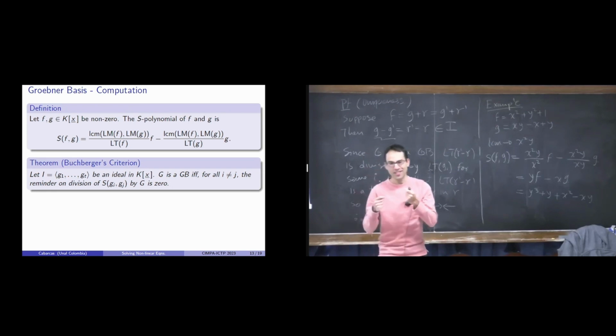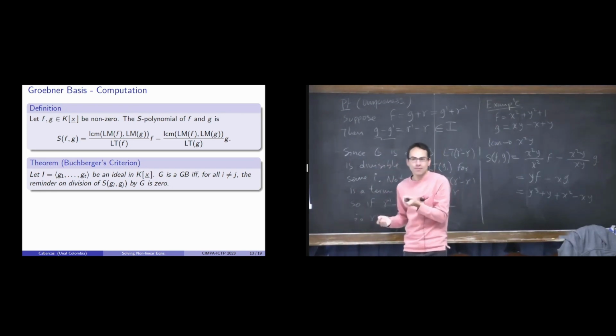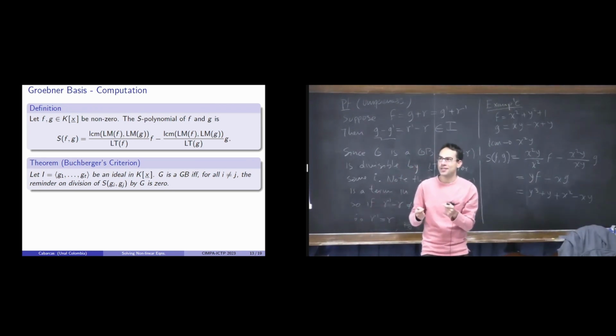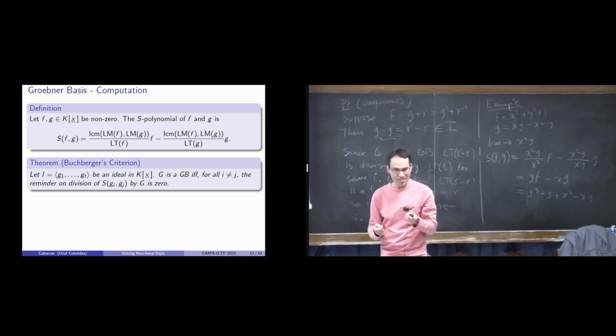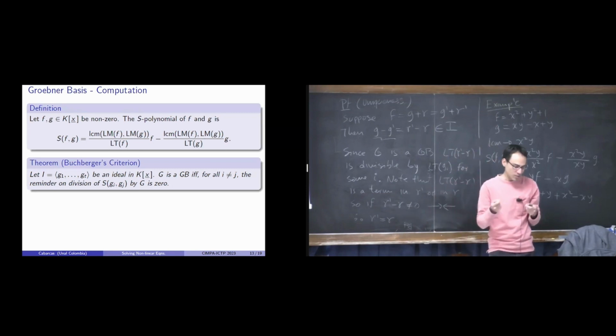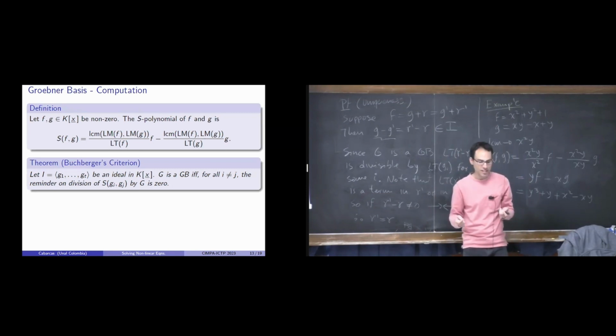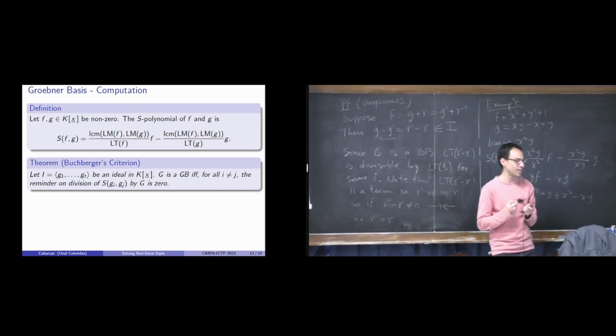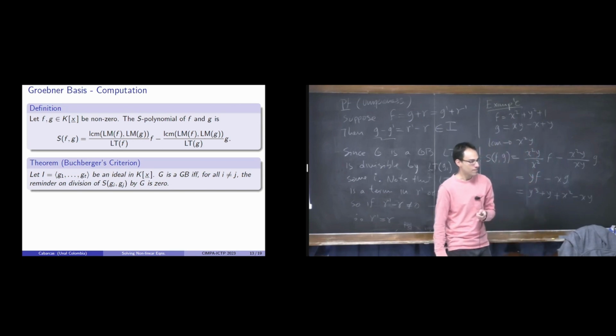And you can work with any basis for the module of syzygies. That's enough. And also for computation, it's going to be important because if you get a smaller basis for the module of syzygies, you can perhaps compute the Groebner basis faster. Right? So this one is not the best one. It's one basis, but you could get a smaller one and have a faster way to check if you have a Groebner basis.